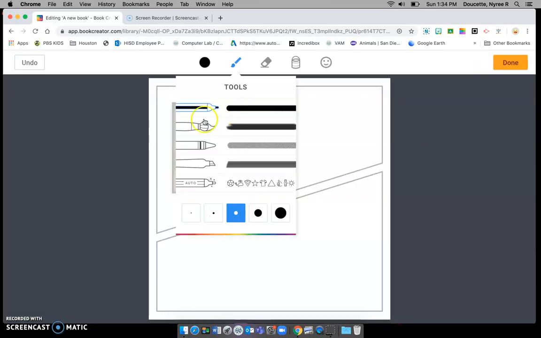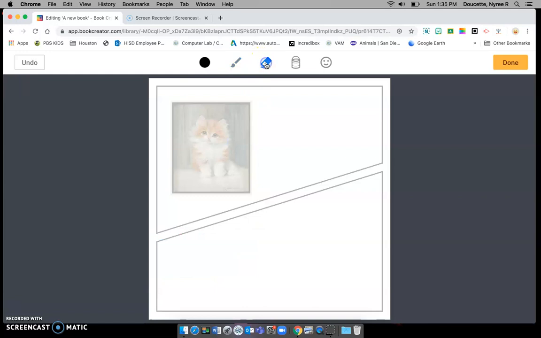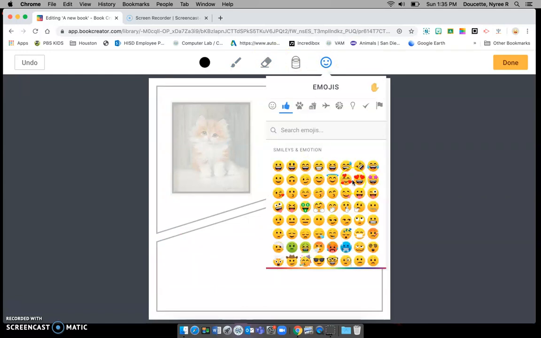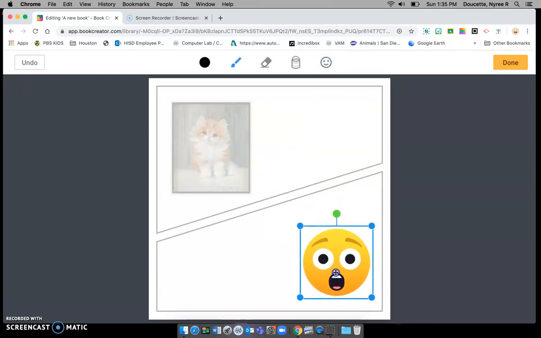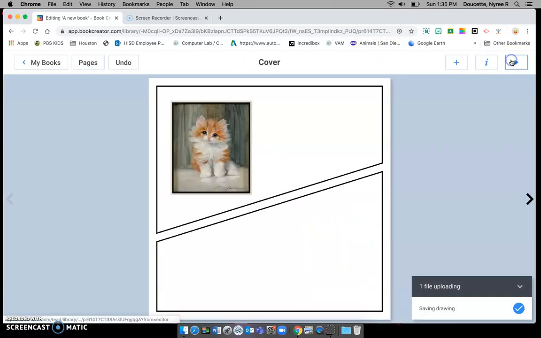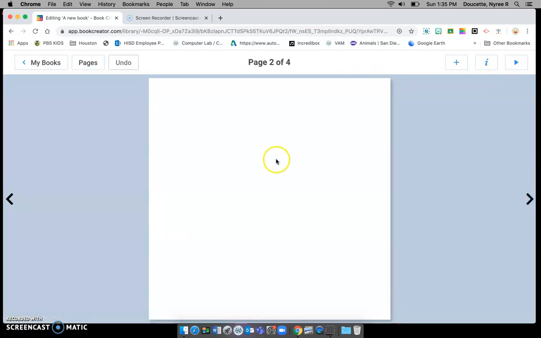Here's a pen. You have different pens with different strokes, different sizes, colors, glittery magic ink, eraser, paint bucket, and emojis. Okay? Of course, when you're done here, you'll see that button, done. Moving on to the next page,